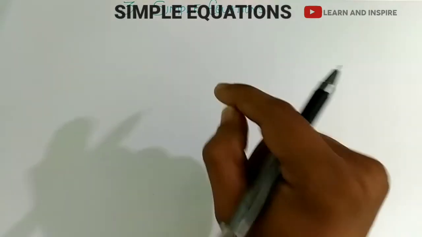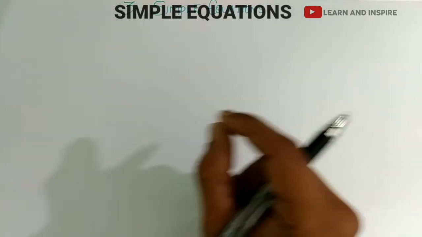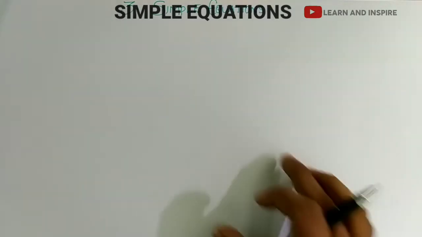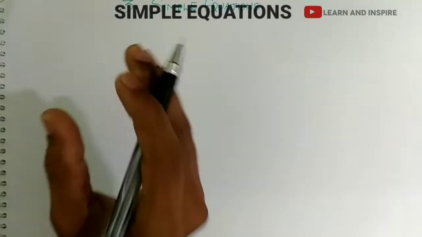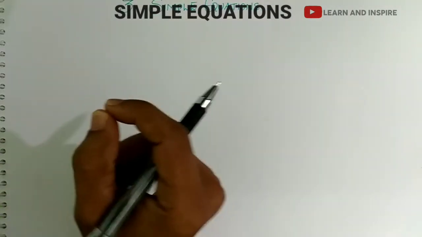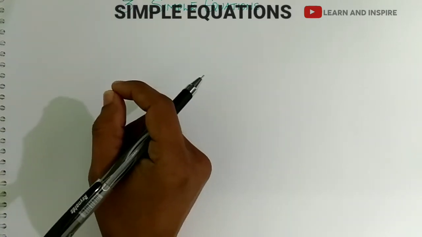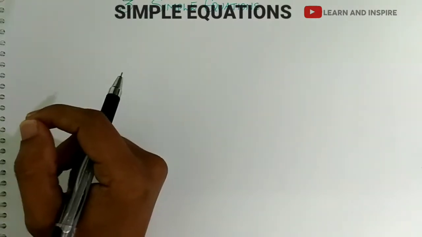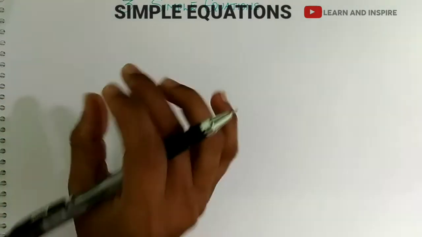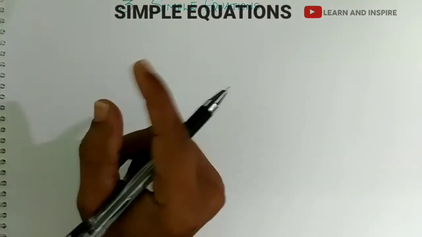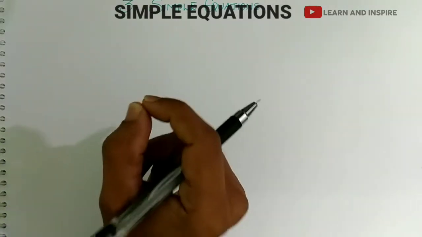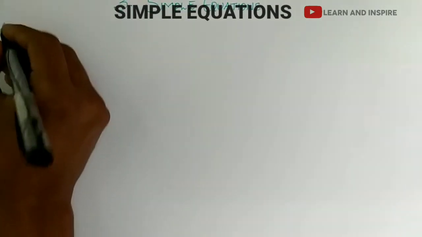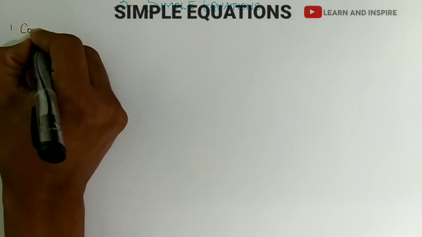Now in this chapter, first let us discuss the introduction about simple equations. In this introduction, we shall discuss a few definitions: what are constants, what are variables, and what is an equation, and what are algebraic expressions. And a few more topics to be learned in this chapter, we can discuss one by one. Now let's start with what is meant by a constant. First one is a constant.